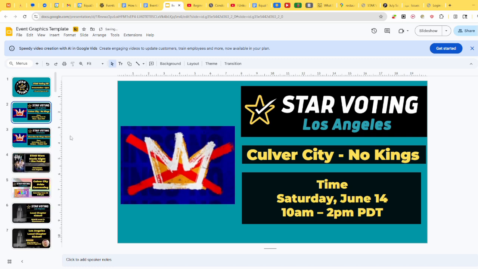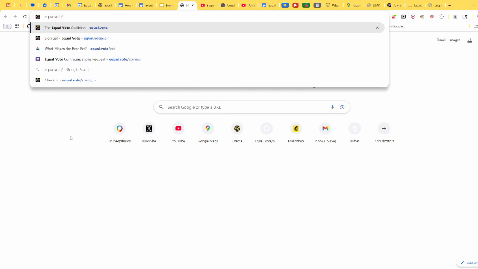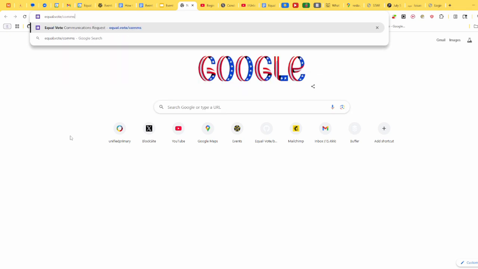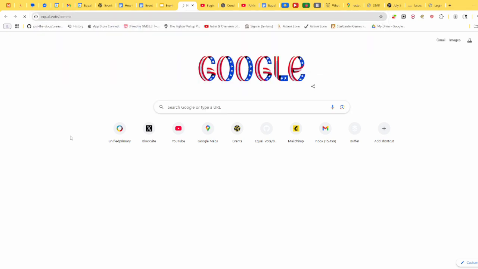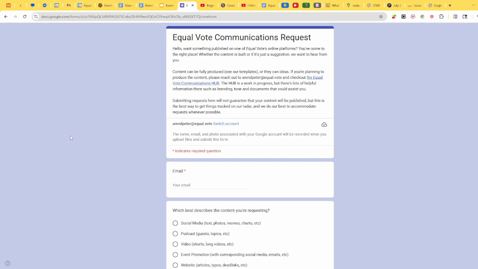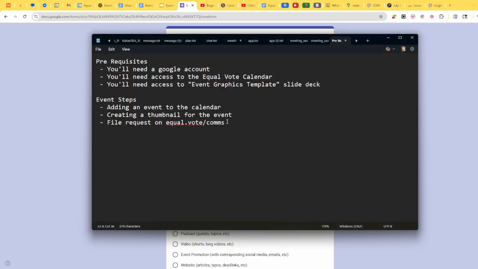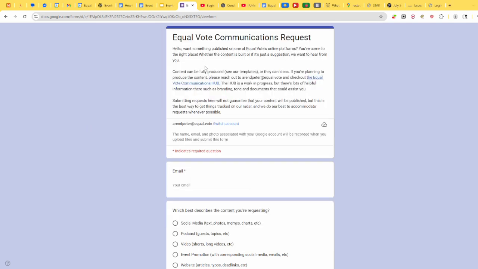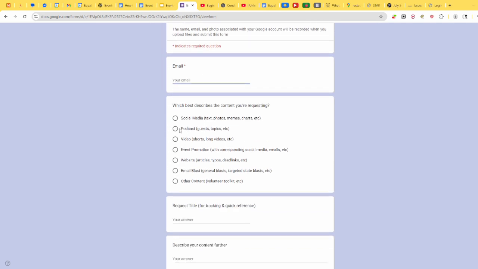So that's that. And then once you've done all those steps, it's time to let staff know, let the comms team know that your event is ready to have the event page made, and also to have it broadcasted on social media and marketed and all that. So for that, you're going to go to equal.vote/comms, just like that, and you're just going to fill this out, put in your email,